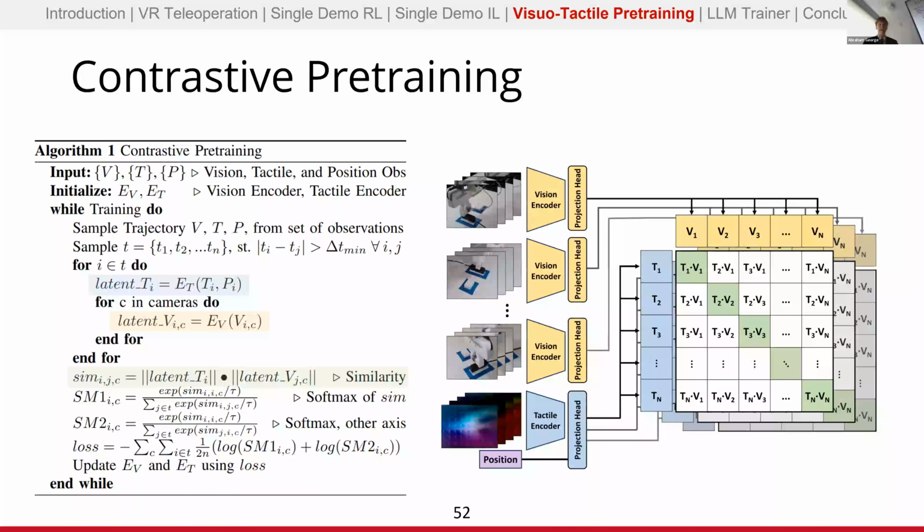In order to do our pre-training, we used a CLIP-style contrastive pre-training method in which we took vision and tactile observations, projected them into a shared latent space, and trained the encoders such that those projections should be similar, a high cosine similarity, whenever the observations are from the same scene. However, whenever they're pulled from different scenes, they should be different. Their embeddings should be far apart from each other.